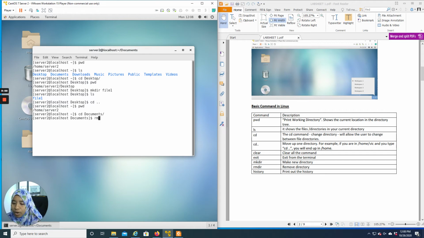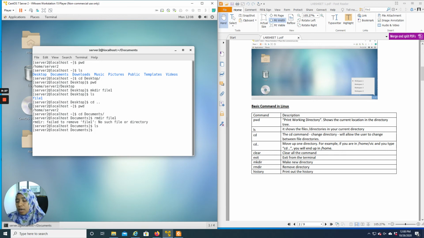Okay, we try. It fails to remove because file 1 is not in the documents directory, it is inside the desktop.